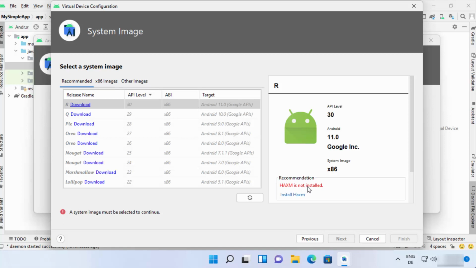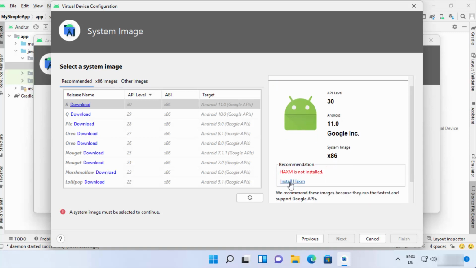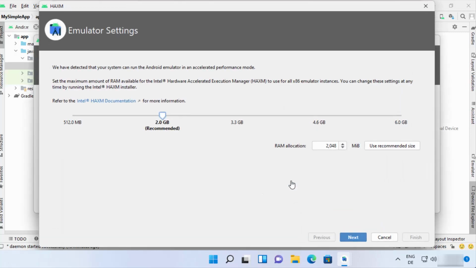So if you see this message, then the fix is simple. You just need to click on this install HAXM. If you don't see this message, everything is fine for you and you don't need to install HAXM. It's already installed on your device, right? So if you see this red message, just click on this install HAXM and then click on next here, which